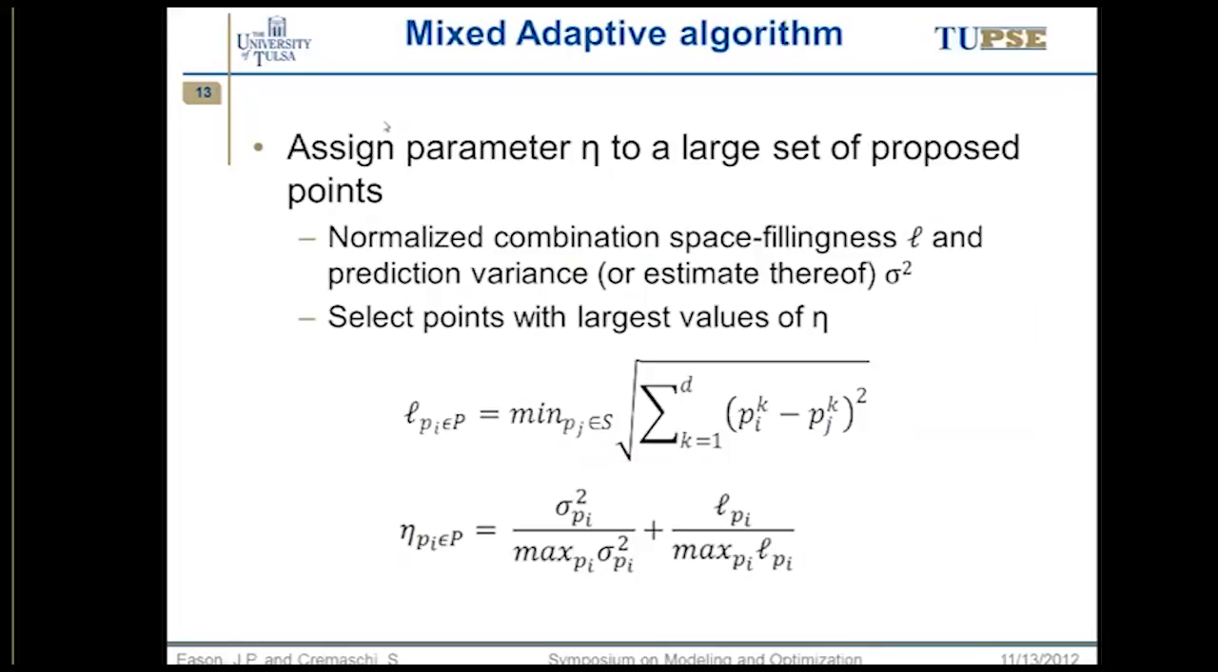Finally, we have the mixed adaptive algorithm. This is, we assign an overall quality parameter eta to a large set of proposed points in a similar manner to the pure adaptive approach. So eta here,